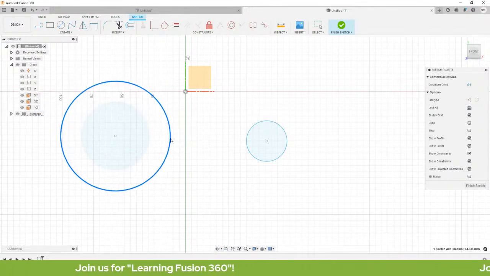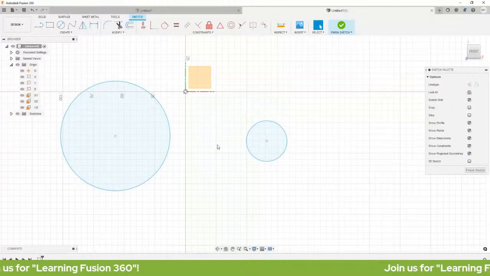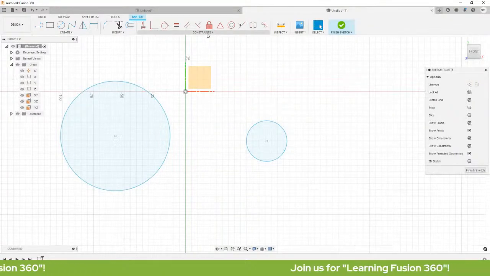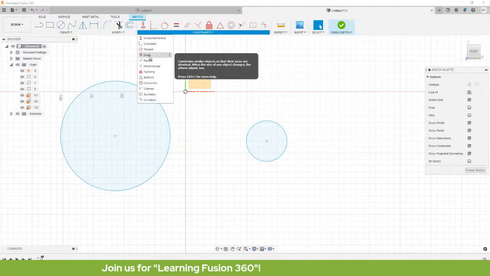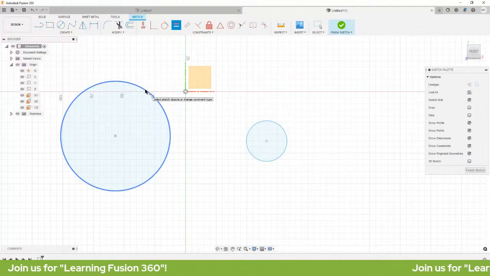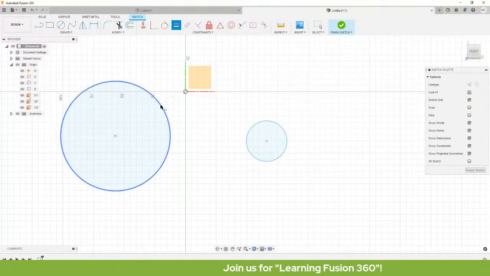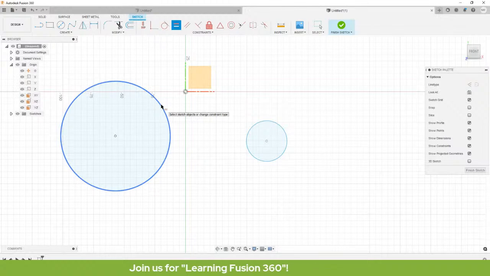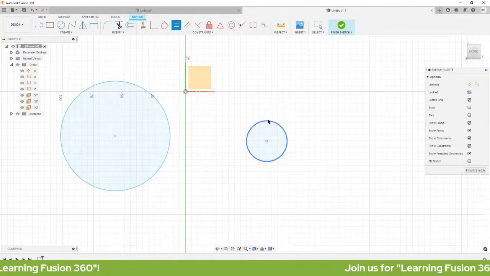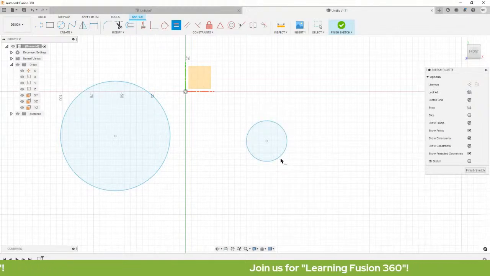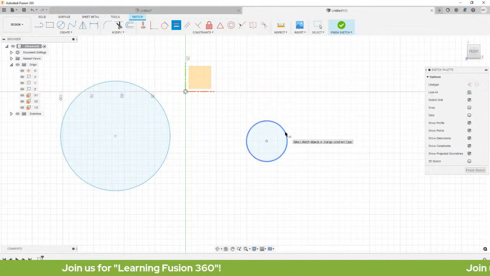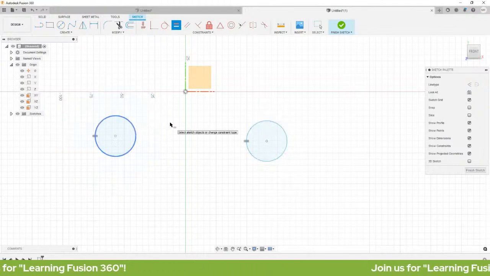Pantay sila ng value. So, to do that, let's use constraints. So, let's head over under constraints and select equal. Select ko tong circle na to and this circle. So, kung ano yung naunang maselect nyo, yun yung ifa-follow niya kung wala siyang dimension. No? Pero kung may dineclare ka na na value, kahit alin na yung iuuna mo. So, eto, gusto ko, ito yung i-follow niya. So, select ko to, then ito.